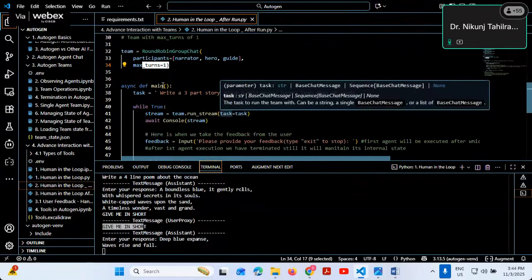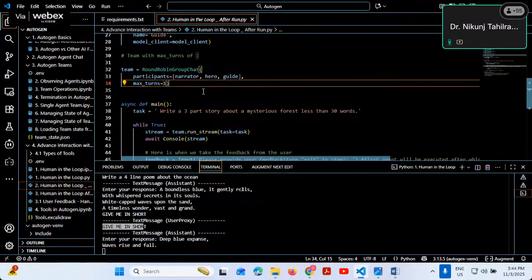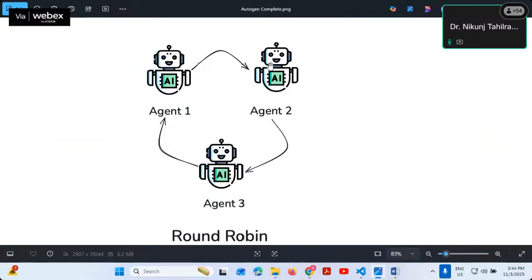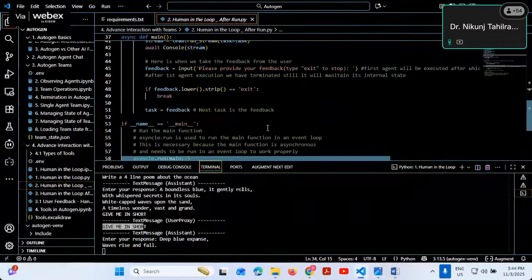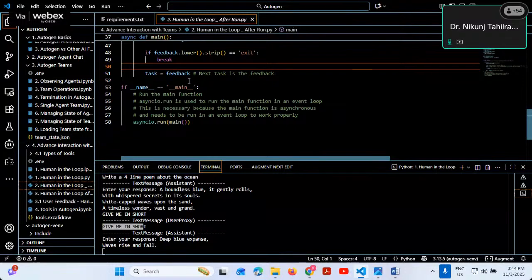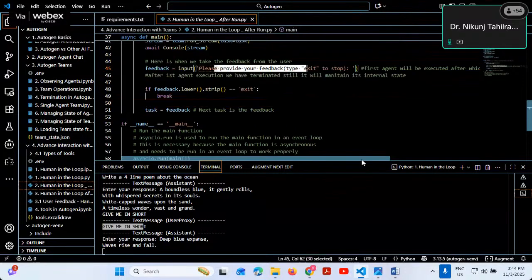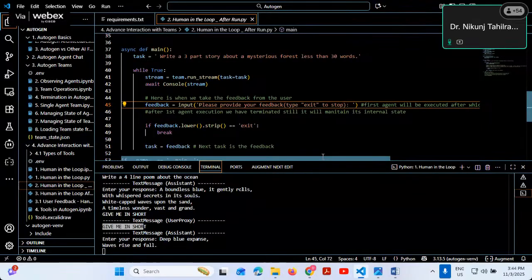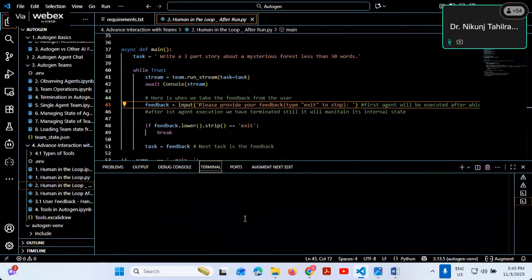So after one turn, it will ask me. That's what it is telling you. Max turns, one turn means what? After the narrator generates the response, now the user will be asked. Right. So if I run this, say I have given the prompt: please provide your feedback and type exit to stop. Right. So the first agent will be executed and then it will, if I run this,